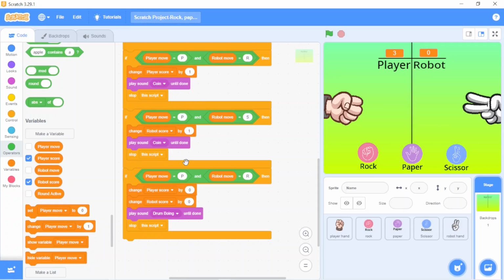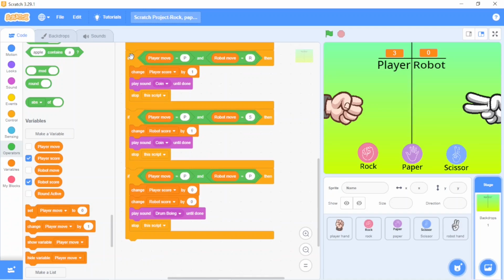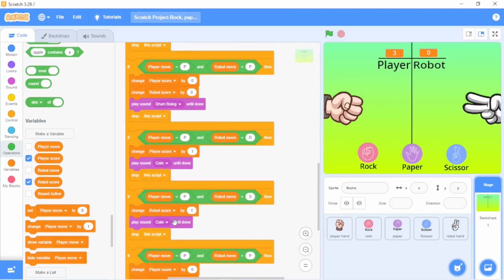And after that, if player move is equal to P and robot move is also equal to P, the same thing over here also. Now duplicate the last 3 and put it in the last.